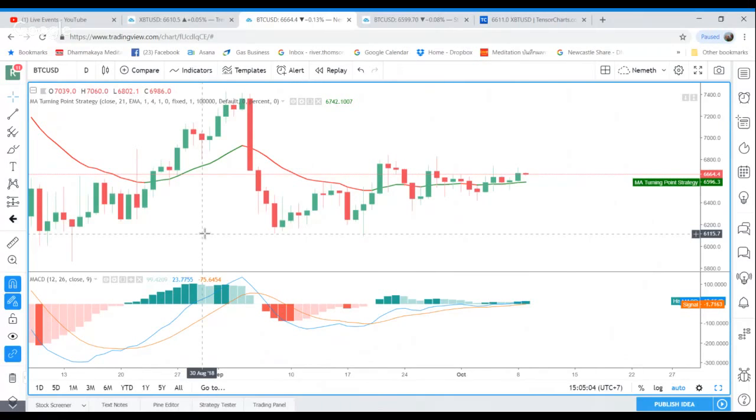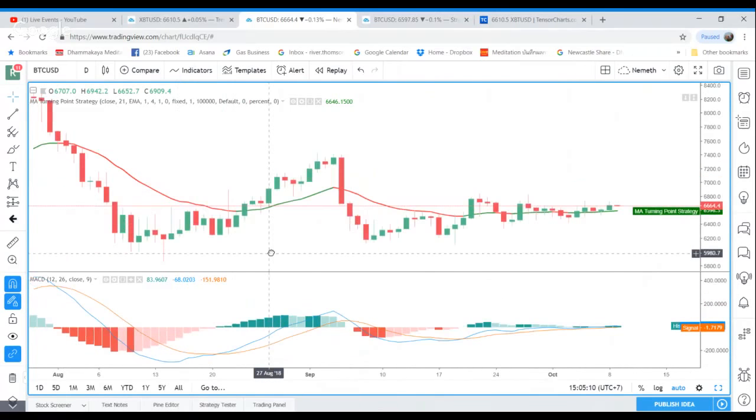I personally don't use it in the same way as him. I've been trying it out. I don't use his system in the same way as he's talking about it. I would be more likely to use the histogram and the changes in the color on the histogram, so when the crosses are occurring. So just looking at this chart on its own,